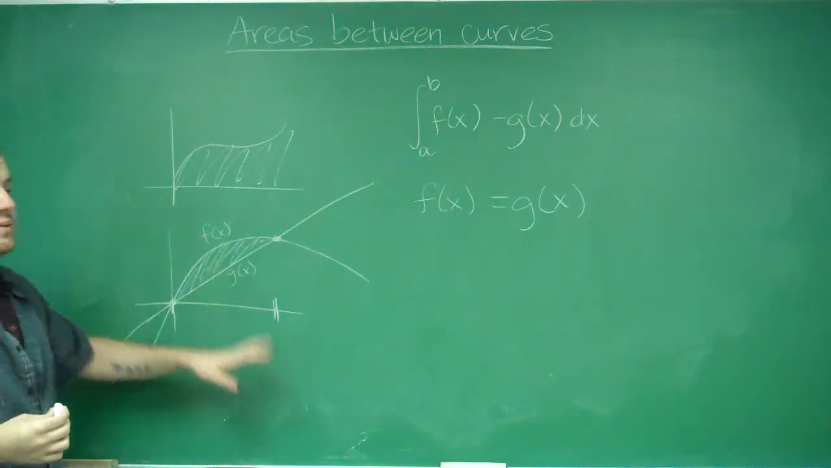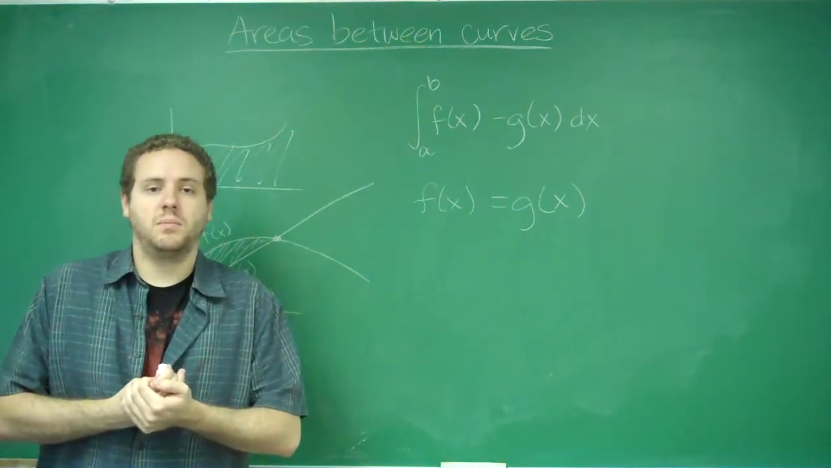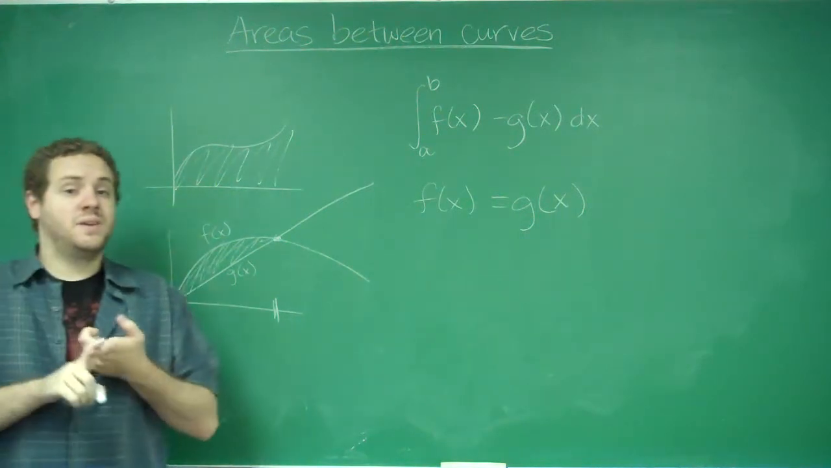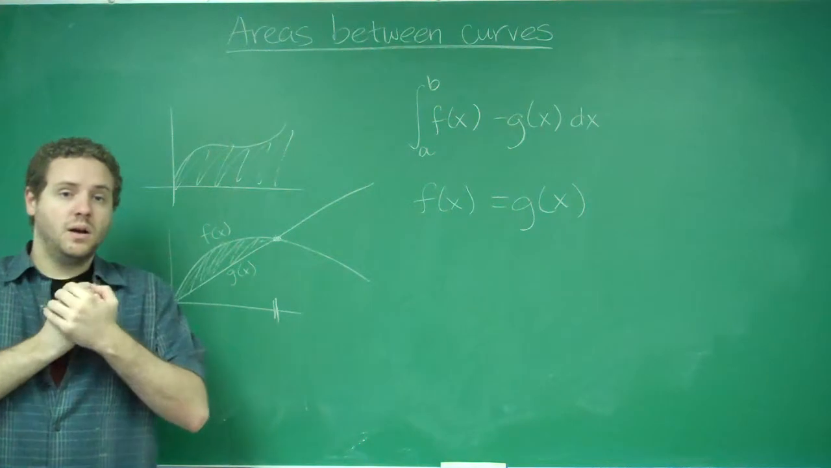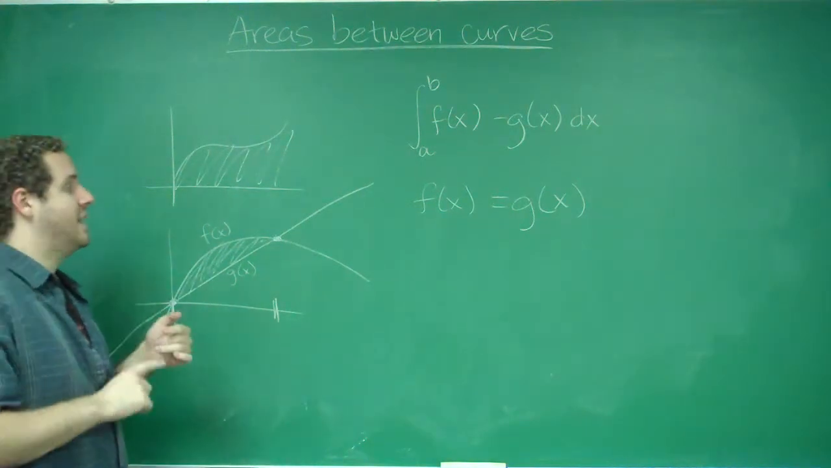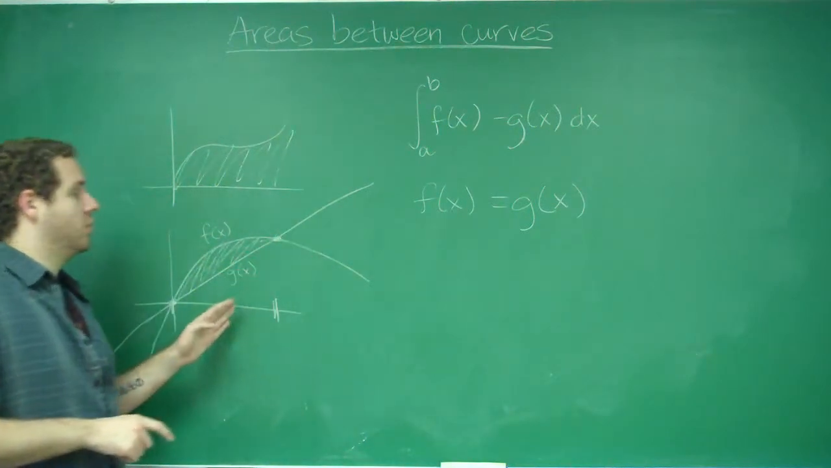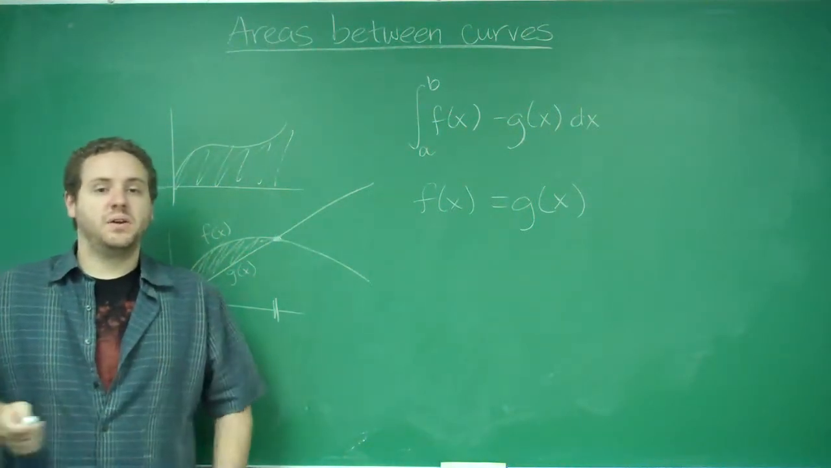So I used a graph here to kind of illustrate what I was talking about, but if you have algebraic functions, you need to figure out where they intersect, because that will be your bounds, and you need to figure out which one's higher than the other, and you subtract the lower one from the higher one to find the area between two